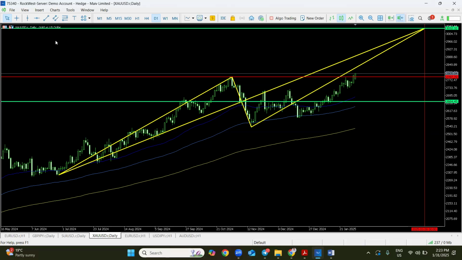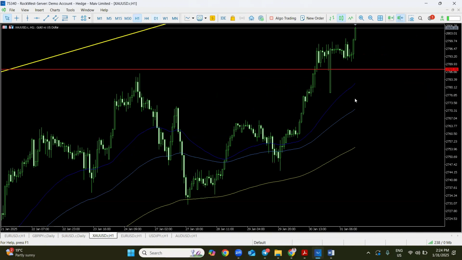Now, right here, Christiana, as you know, this is a bullish geometric pattern. It has been drawn some months ago, and we've been trading progressively with the direction of bullishness for gold at this moment. Now, it is on a daily market, but before that, Christiana, we will be doing the trend